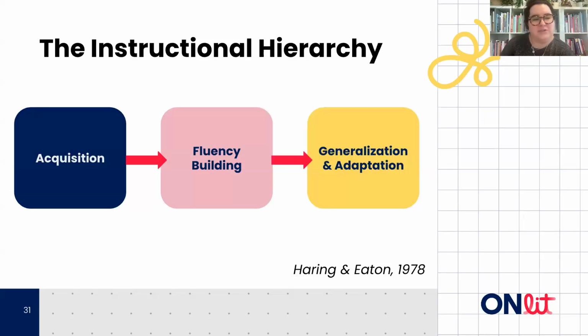And when we are able to do something accurately and fluently, it is then that we can generalize it and adapt it and use it in different contexts. And that really is that piece where once we have that acquisition, we have that fluency, that is what allows somebody to use a skill, to apply it, to adapt it based on how they need to use it in a different context.